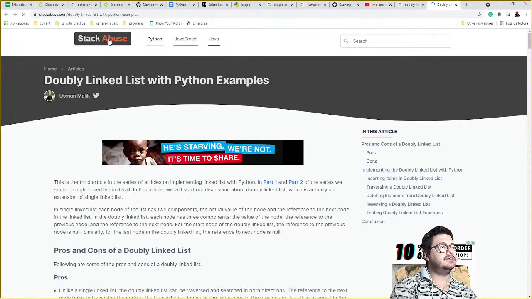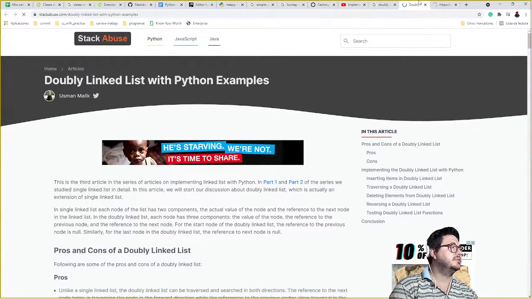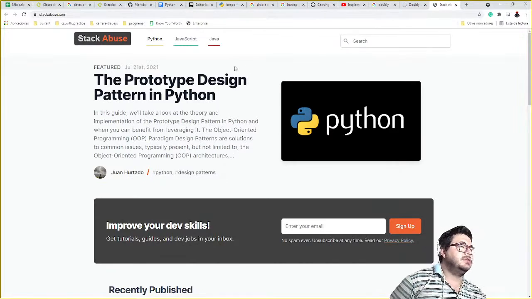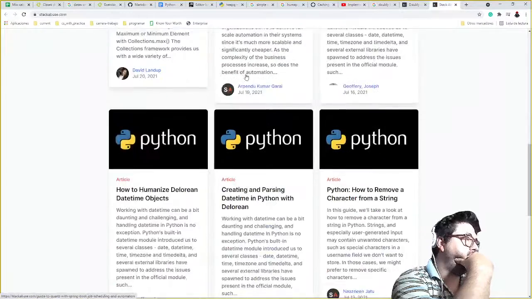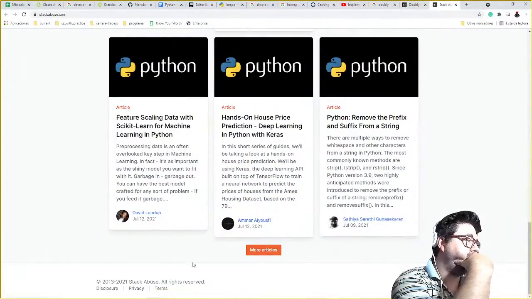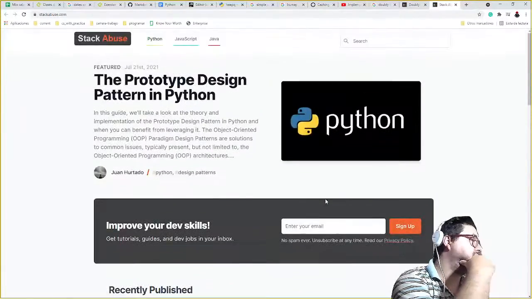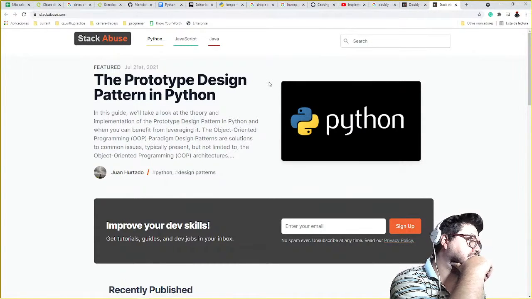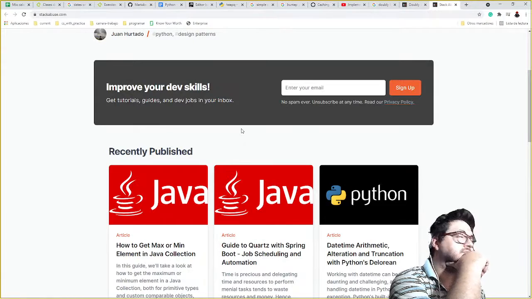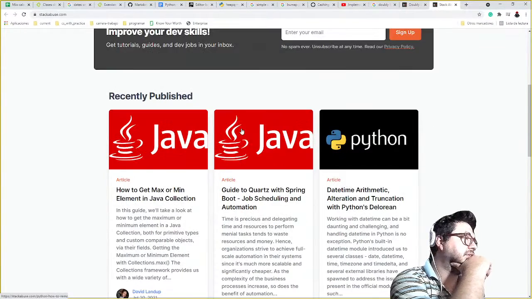Okay, first, let's see what Stack Abuse is. Is this related to Stack Overflow? Apparently not. No, that would have been connected.